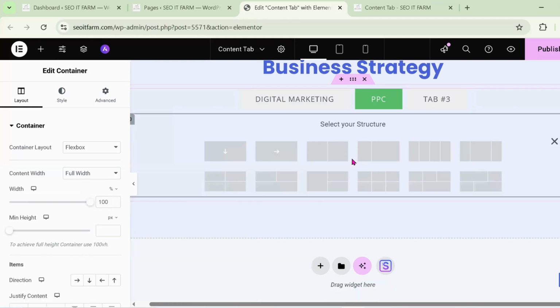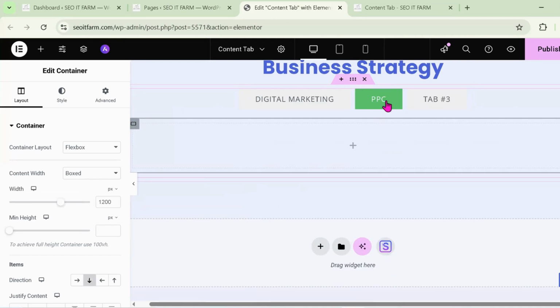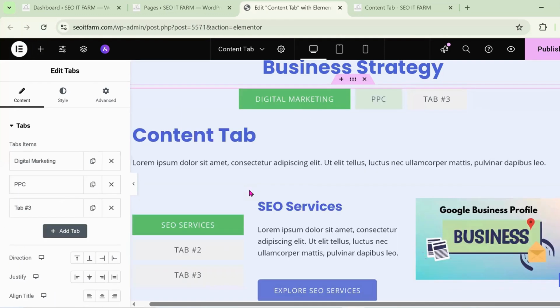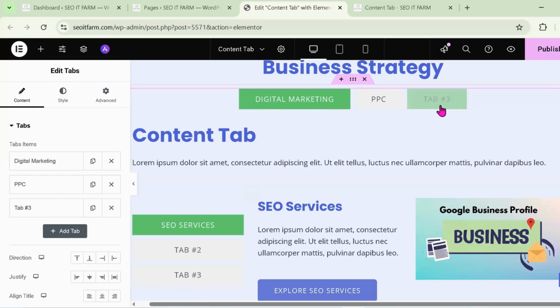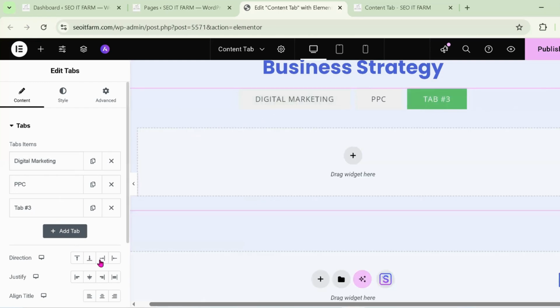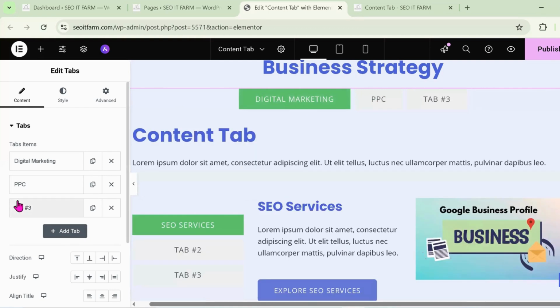And again we add a headline, or again we can add a tab like this one, this section, tab 2. And tab 3, again we customize it, tab 3 also. And we can change its color,